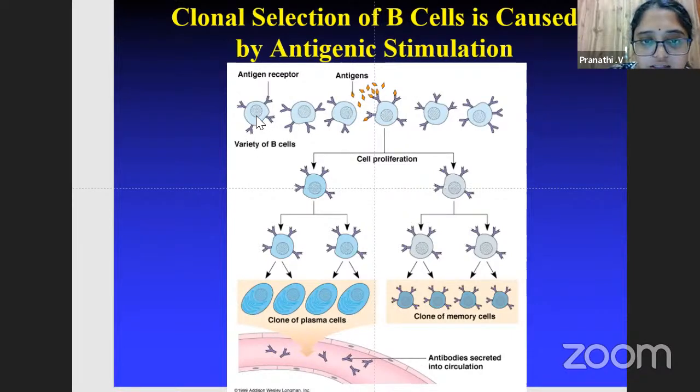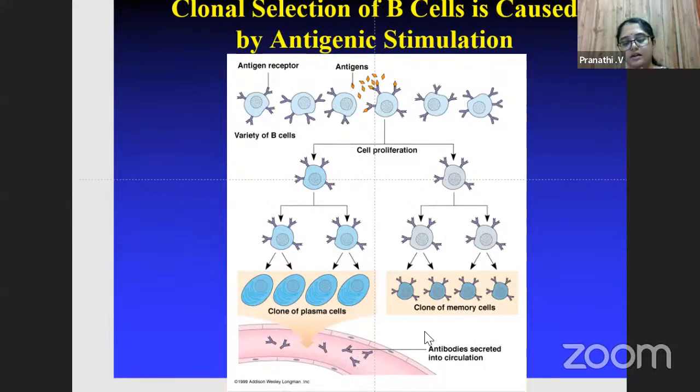This is the B cell that is there. Whenever an antigen comes, it gets attached to the antigen receptors present on the antibodies, which are already attached from the Fc end to the B cells. Then you have cell proliferation, cloning of the plasma cells or memory cells,